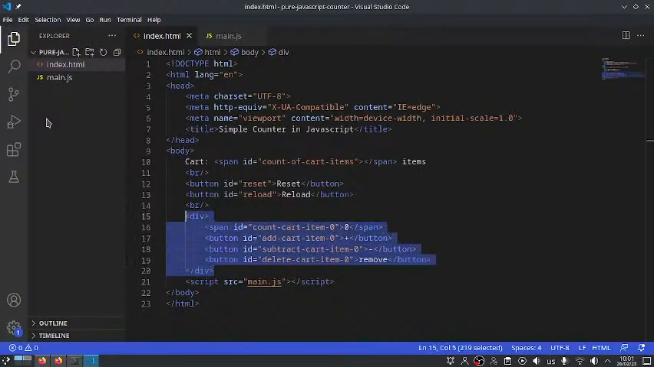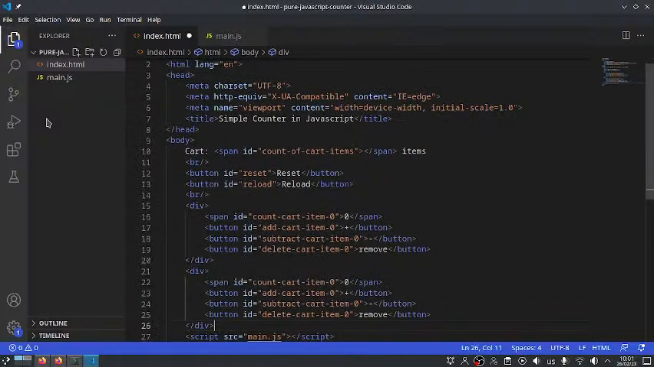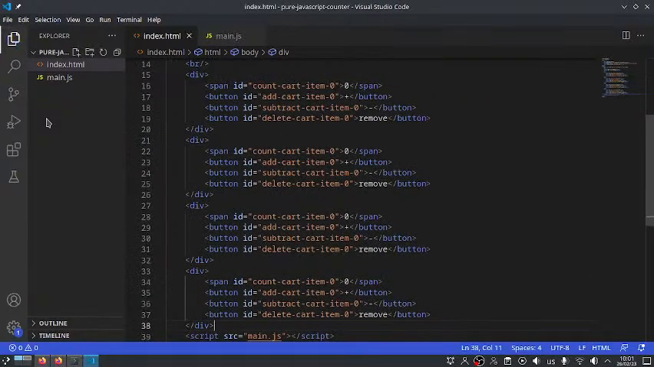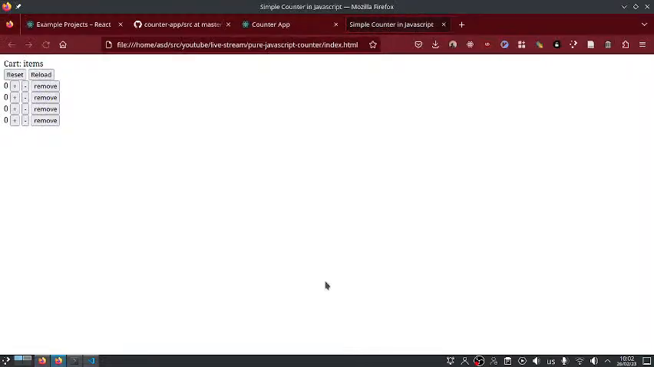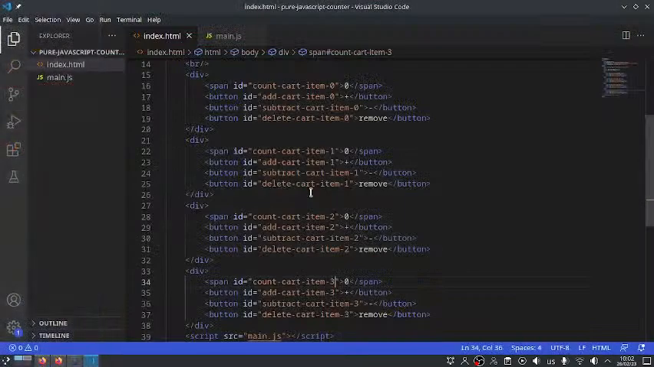I'm just gonna create 4. Yeah, and here I need, this will become 1. Should become 2. This should become -3. Okay, so